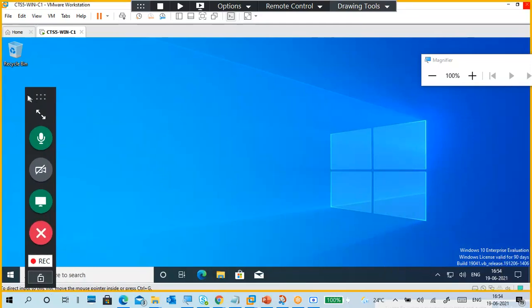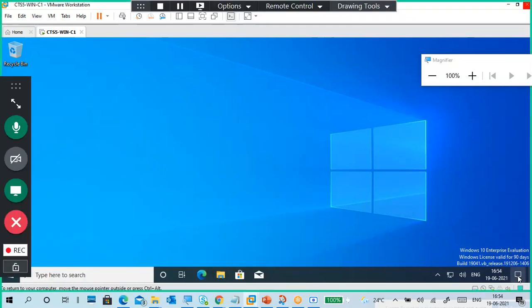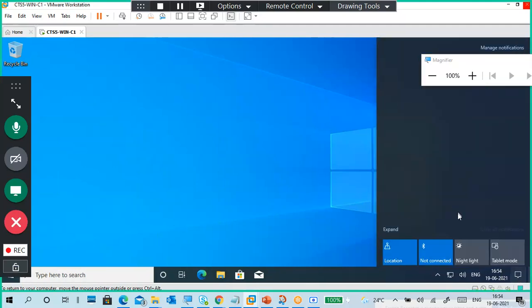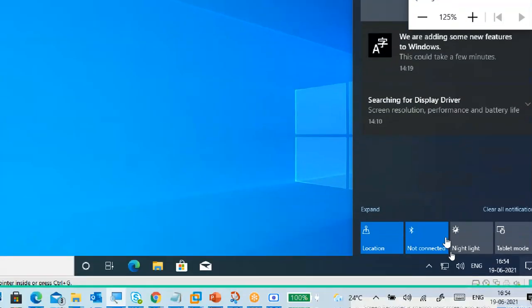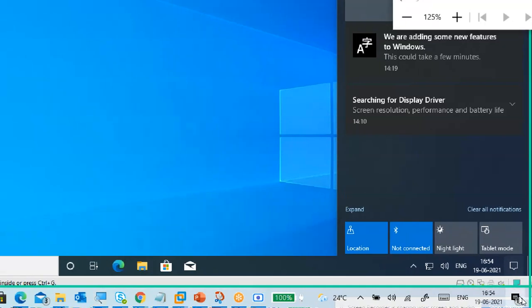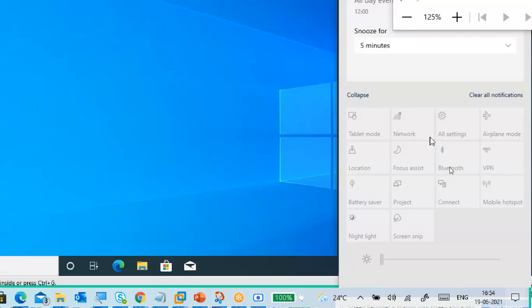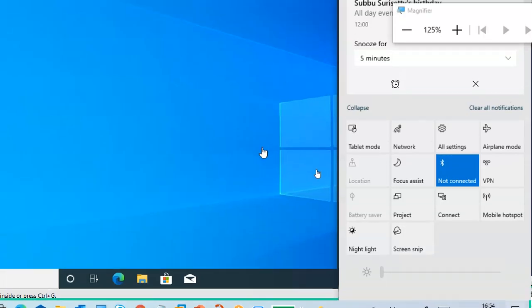We'll go again to this notification part. Okay, you can connect Bluetooth, night mode, location. If you go to my physical machine, because it's updated, good new features are there. So you can see screen snipping, you can cut the screen. This is the night light. Connect with any Bluetooth devices like that. You can convert your Windows 10 laptop to a mobile hotspot.